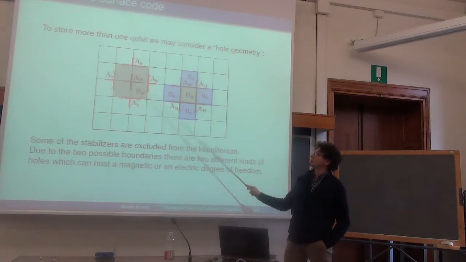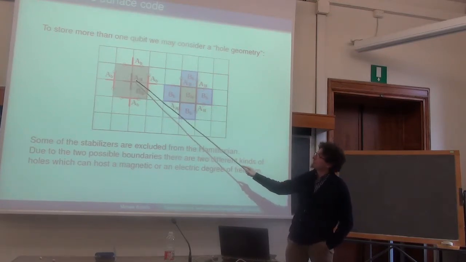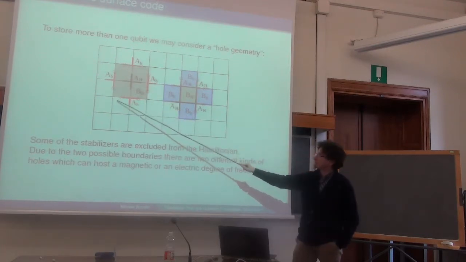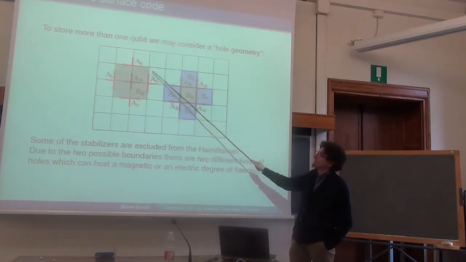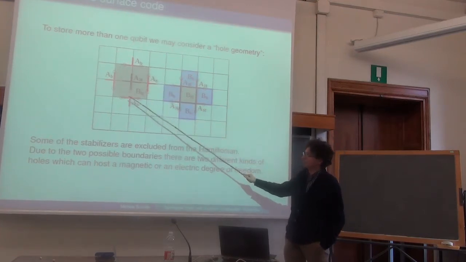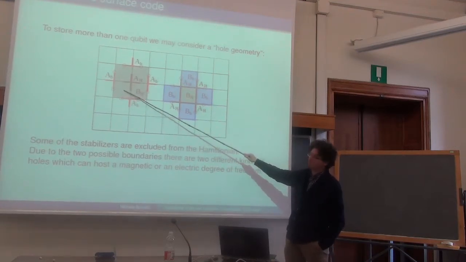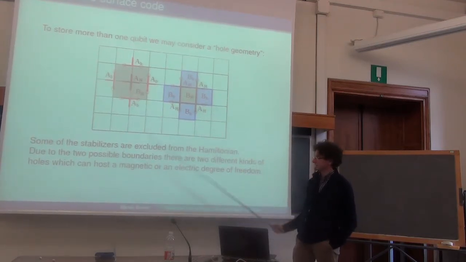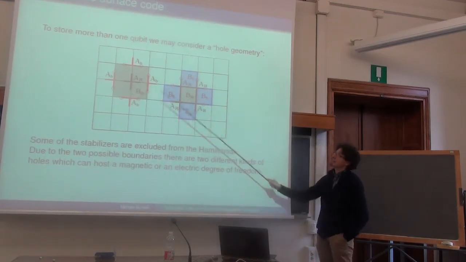I can define 2 kinds of holes. Of course, they will be extended or smaller, and essentially we have one hole here in which I'm not measuring the presence of the magnetic flux inside here. So I must be careful that there are no electric excitations which violate these terms inside the Hamiltonian, but still I can move a magnetic vortex from the inside to the exterior part of the system. And so we have this first hole which hosts the magnetic flux,